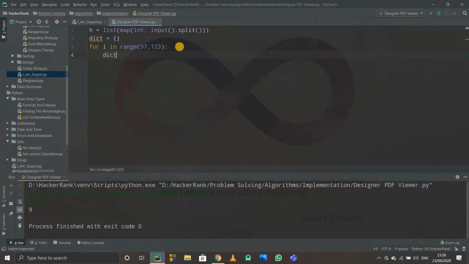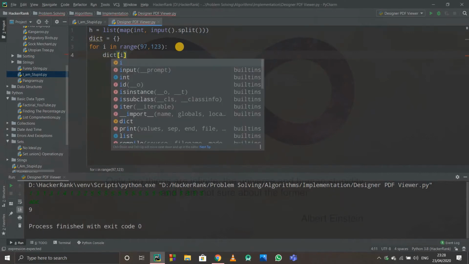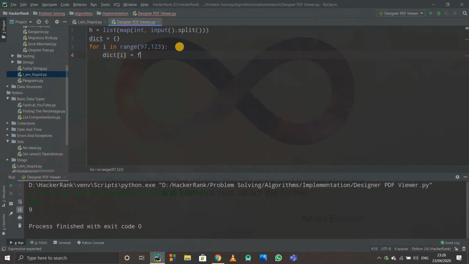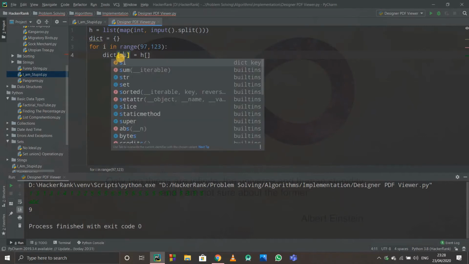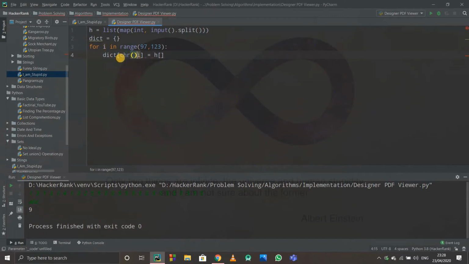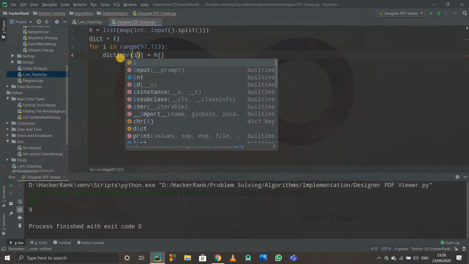Now I'll add to the dictionary, and the key will be i, with the value from h. Remember here, it will not be i, it will be the character of i, chr of i, because chr of 97 will be a.